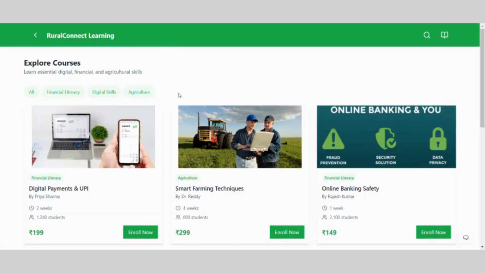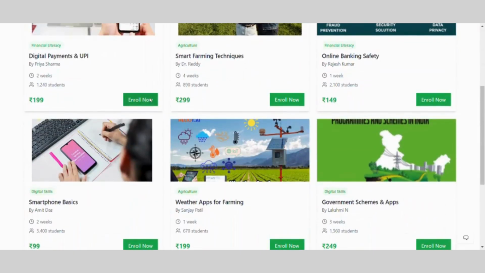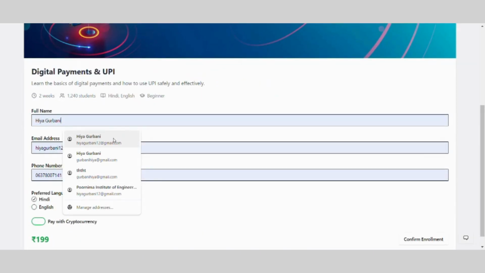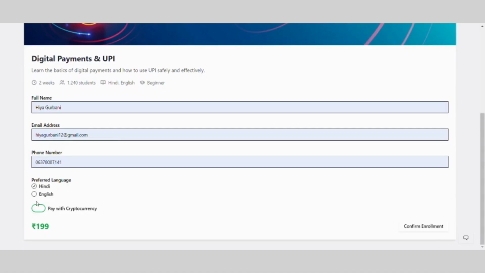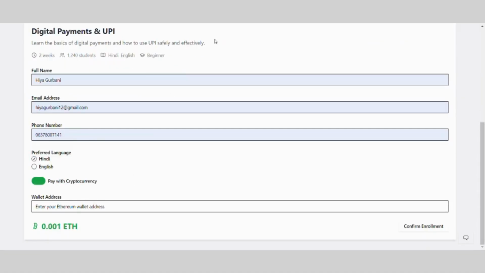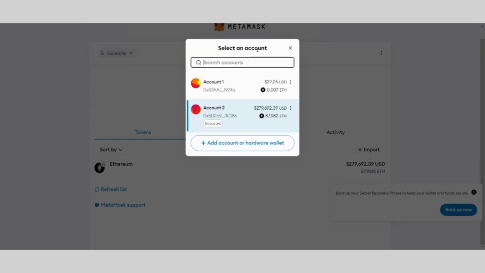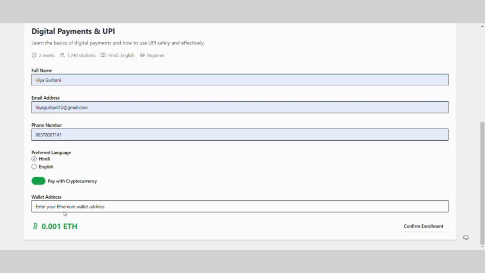For guides, we have our center where there are different kinds of courses they can do, which will be provided by the government to empower them more. Here also, we are using blockchain entirely. For example, let's say account 1 is a government's account where there are 22 USDs for now.